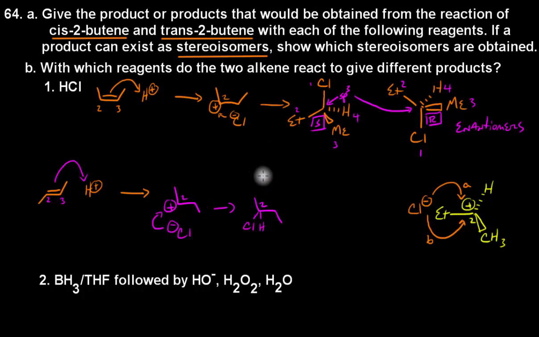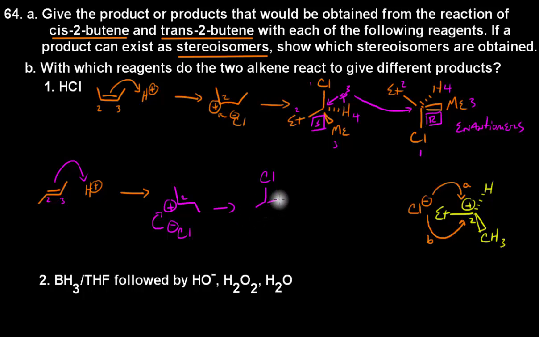But just like for the first example, once you have this carbocation, you're going to have this planar situation. And once you have that planar situation, that nucleophile, the Cl minus, can attack either from the top or from the bottom. You can draw this out again if you really want to, or you can just think about it in terms of where the chlorine can attach. So we're going to have a chlorine either coming from the top,